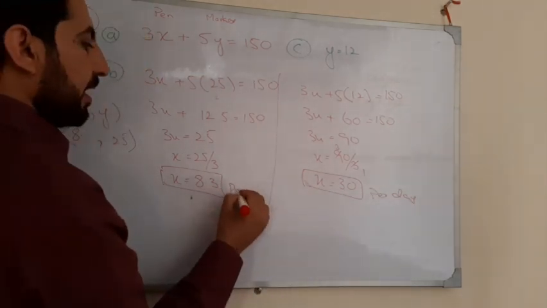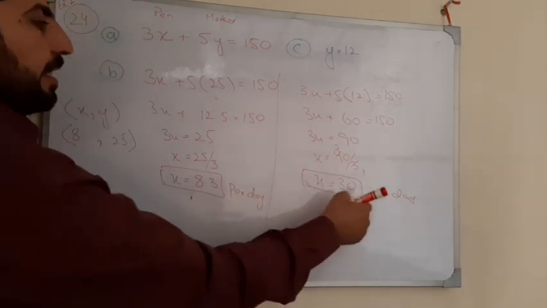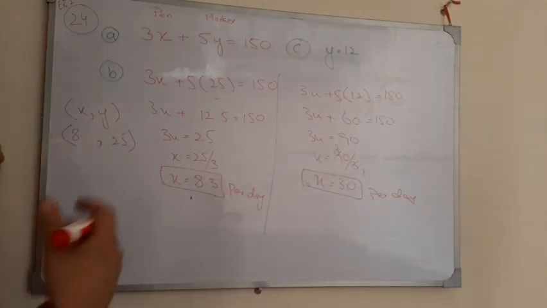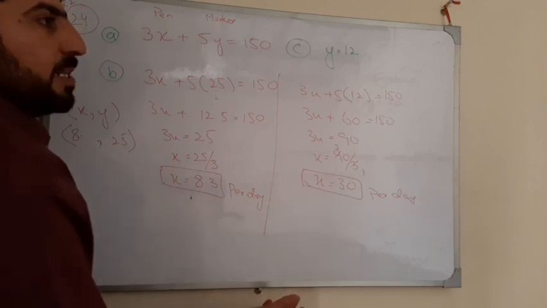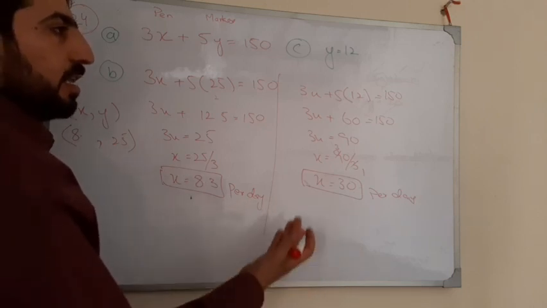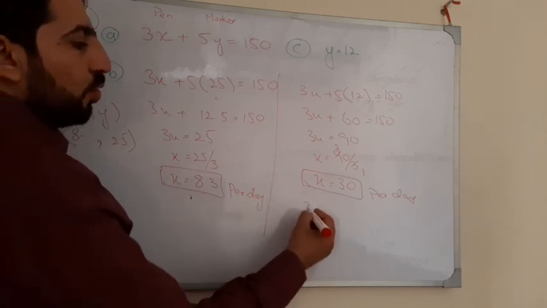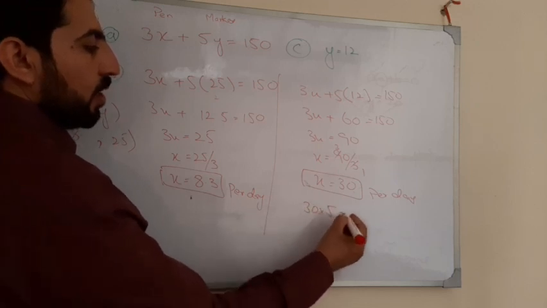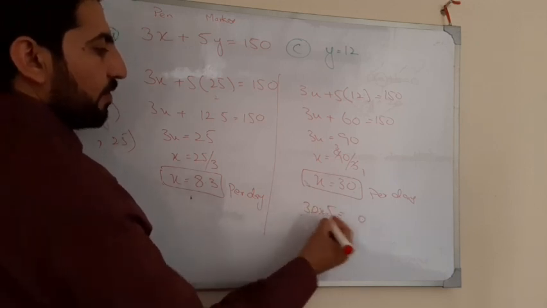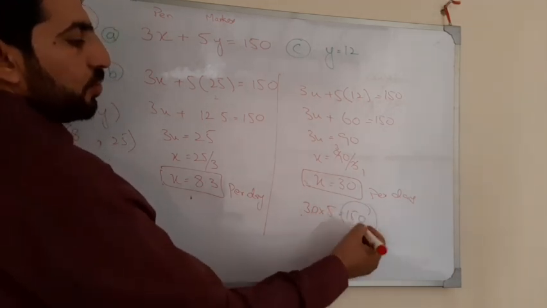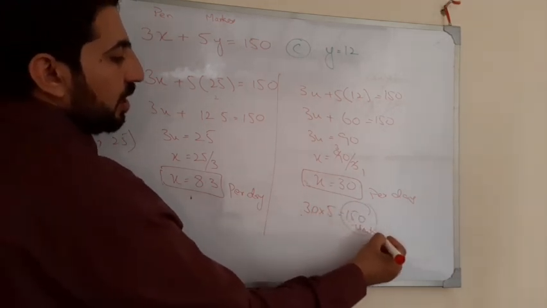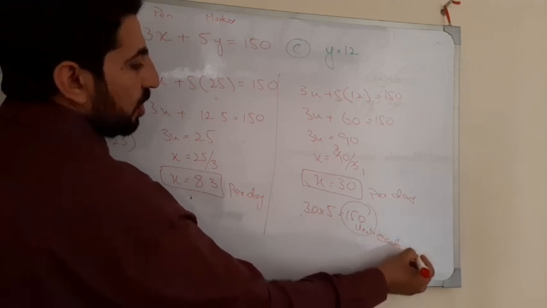लेकिन ये तो पर डे के हिसाब से है। सी पार्ट में उसने ईच वीक का कहा है कि वीक में कितने बना पाओगे, तो उसने डेज भी दे दिए कि आप वीक में 5 दिन काम करते हो। तो 30 को 5 से मल्टीप्लाई करो, 5 0 0, 5 3 15, तो 150 यूनिट्स ईच वीक बना पाओगे।